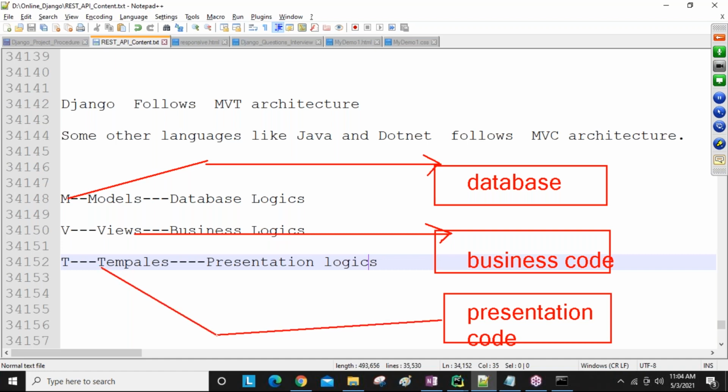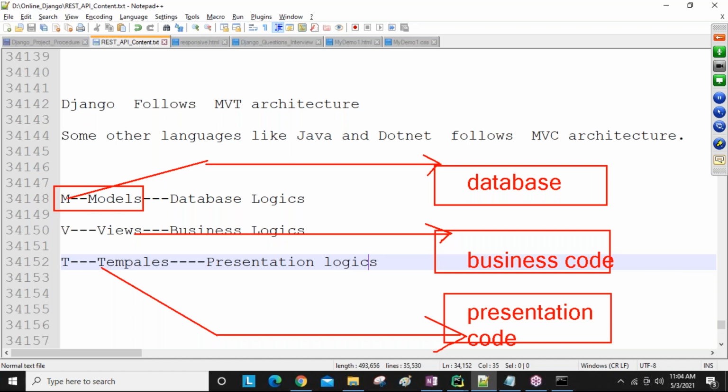So database code, business code, presentation code are all required. Database code goes inside models.py, one Python file that comes by default in our Django. Inside models.py we write the database-related code. Inside views.py we write the business-related code.